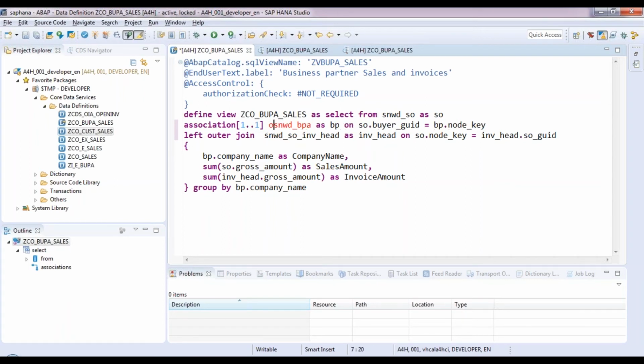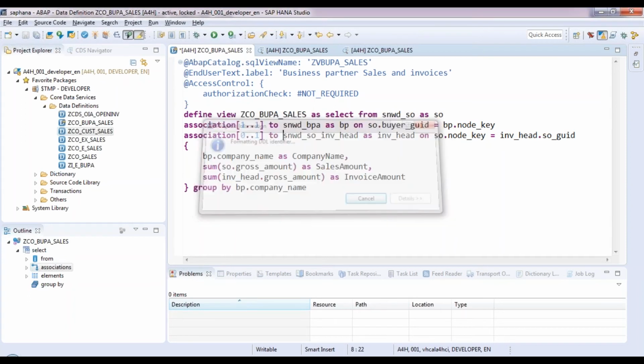And here, for outer join, association 0 to 1, and then 2, and the next table. You just convert an inner join and outer join to the corresponding association condition like this. That's the only change, guys. This is the CDS representation of joins, basically. That's exactly what association is.